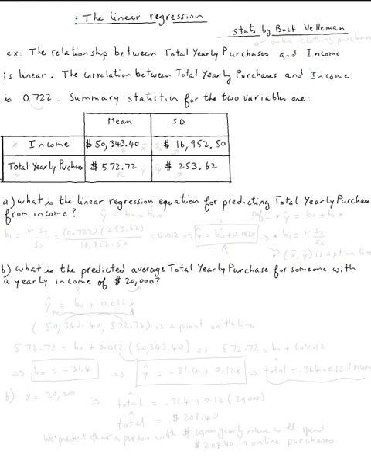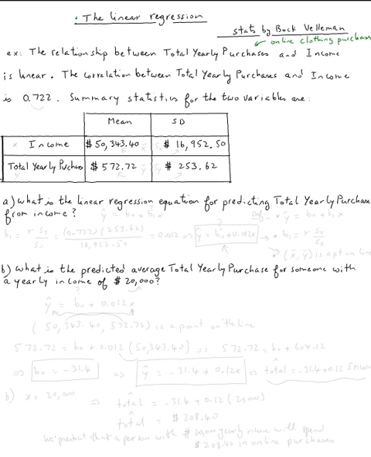The topic is linear regression. So let's do this example. The relationship between total yearly purchases, these are online clothing purchases, and income is linear. The correlation between total yearly purchases and income is